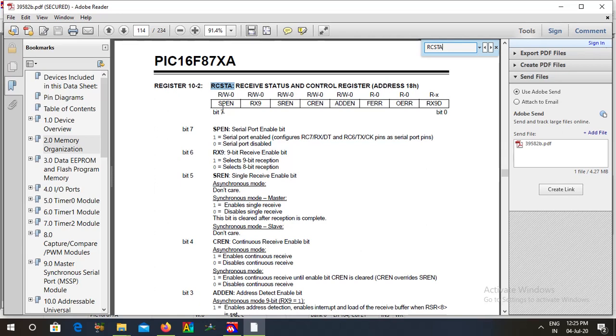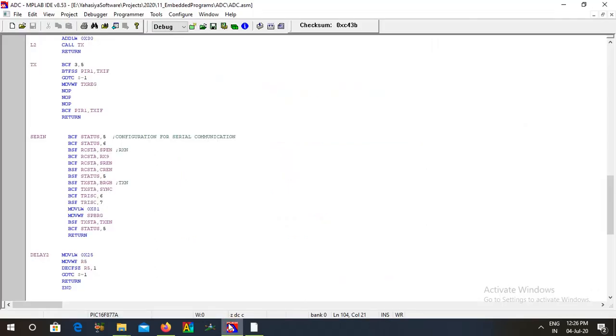configuring RC7 as RX. That means port C 7th pin is going to be used as RX pin. RC6 is going to be used as TX pin. That means we enable the serial port module, that is the serial communication module. That is the very first step that we are doing. Then